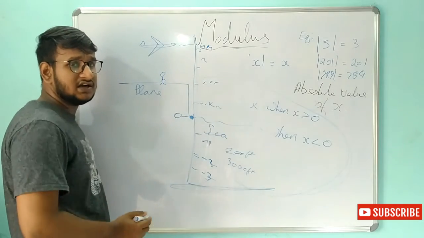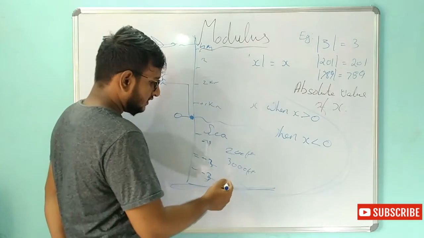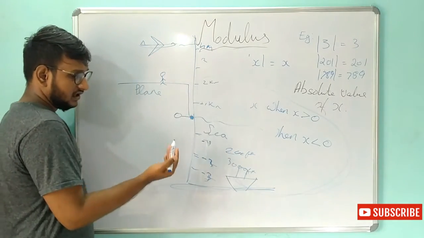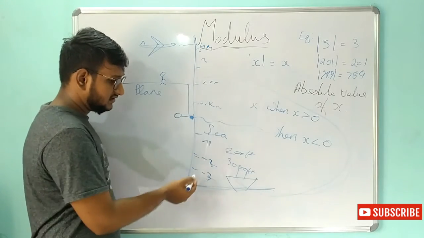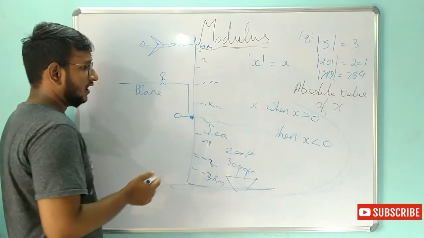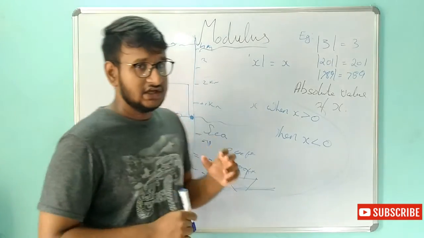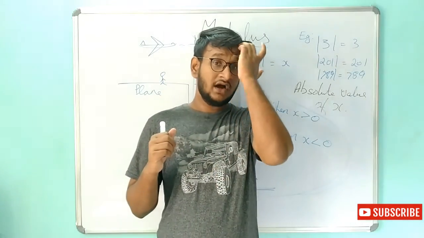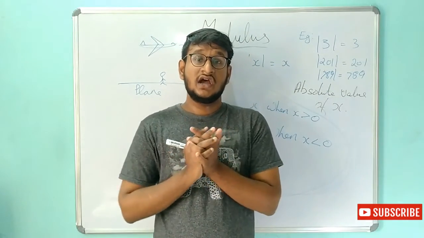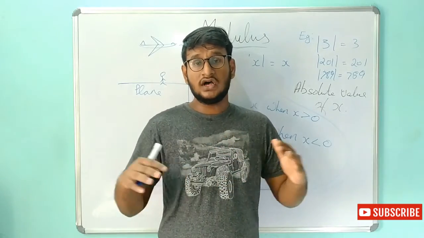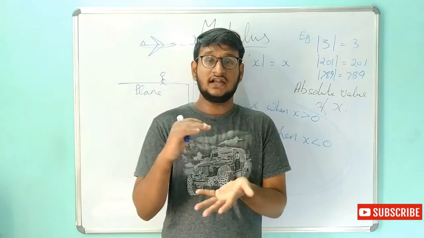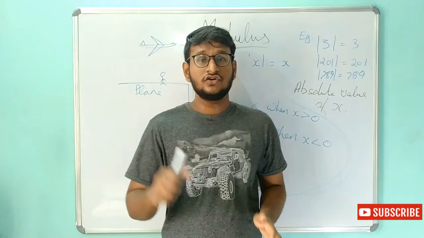If someone asks at what depth the Titanic ship is submerged, we can say it is 3 kilometers below the sea level. This is how the modulus concept comes into the picture. This might seem very lame, but in engineering this is a very important concept. For example, if you are constructing a high tower, or a bridge above a deep canal, it is very useful to calculate the depth as well as the height and altitude of all those things.